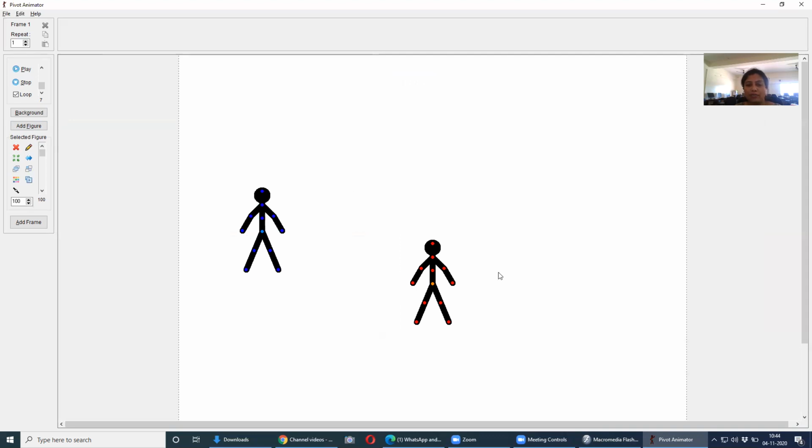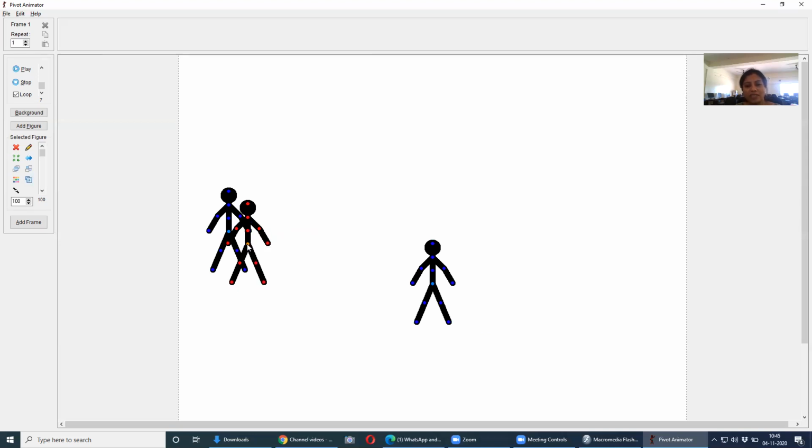I want to show you the difference between add figure and duplicate figure. Children, just concentrate on the screen. Can you see the duplicate here? I will take a red one and do a duplicate. See, where did it come? It came beside the original. So the blue one was my original, and this was the duplicate one. This fellow whom I'm shaking is the duplicate one, right? Where did it appear?